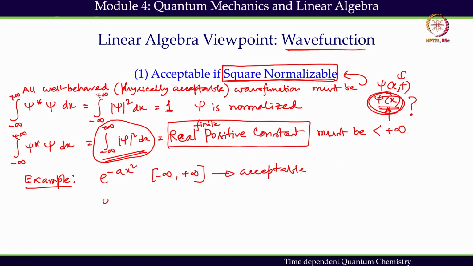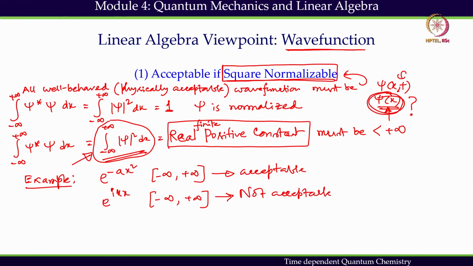But we have already seen that e to the power i k x, when we try to get the square normalization condition, is not acceptable within this limit,